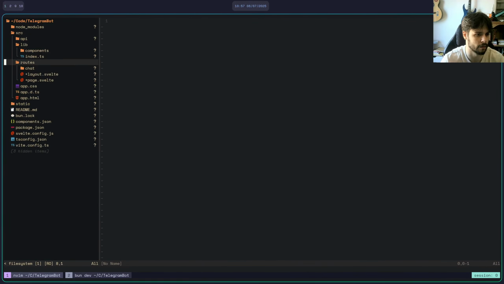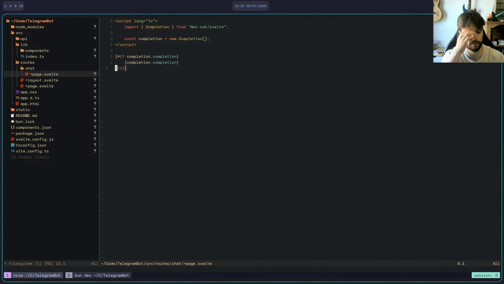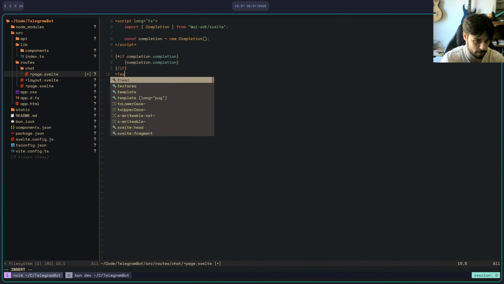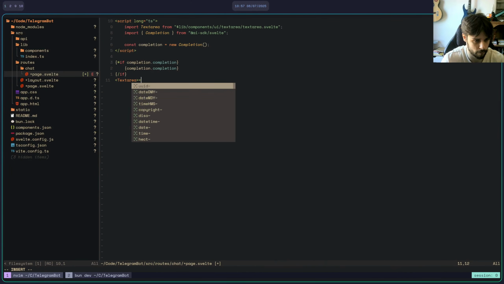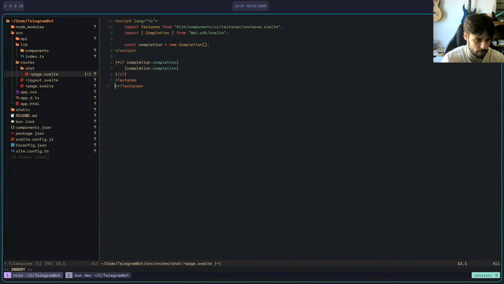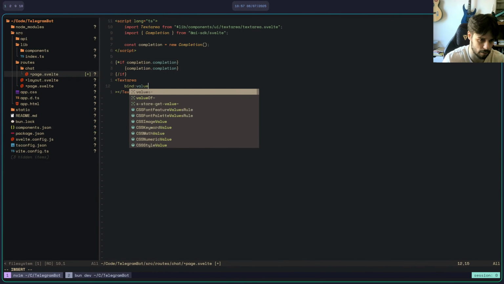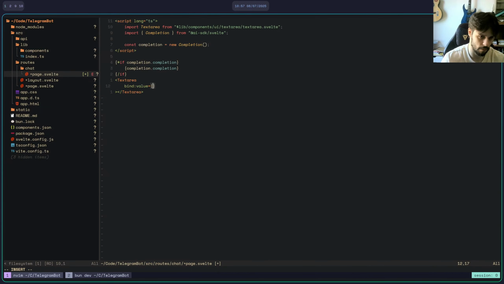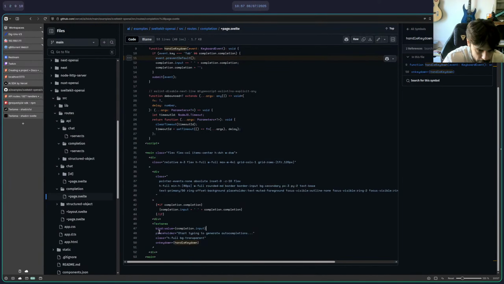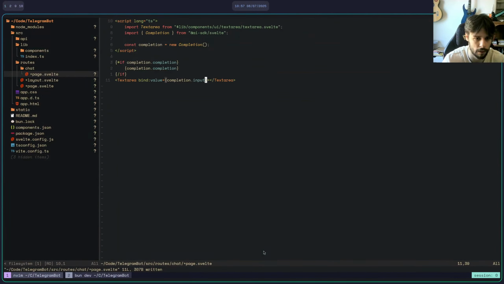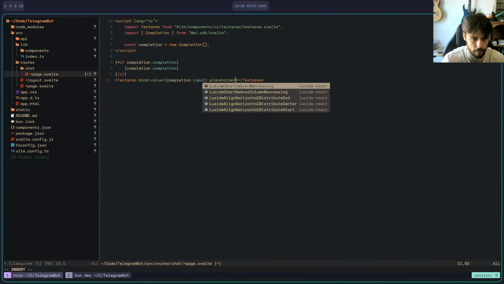Oh, there we go. Okay, good. Okay, so let's bind value. What was the example saying? So we bind the value, the placeholder. Oh yeah, we can do a placeholder.